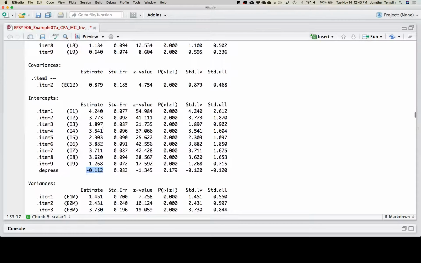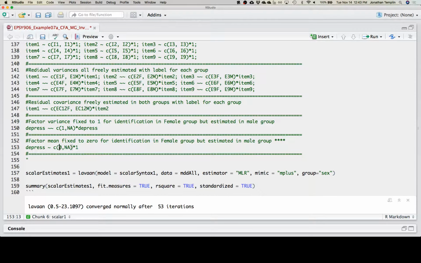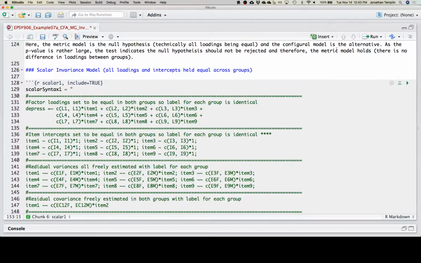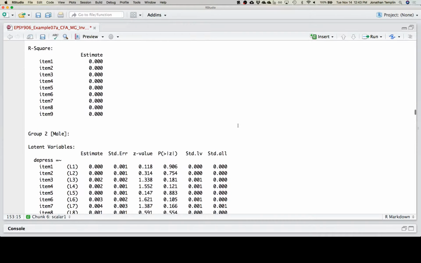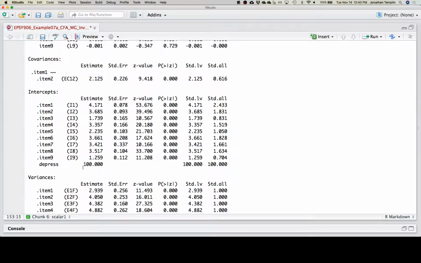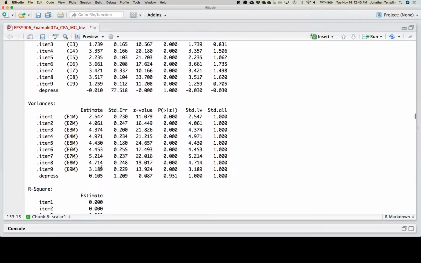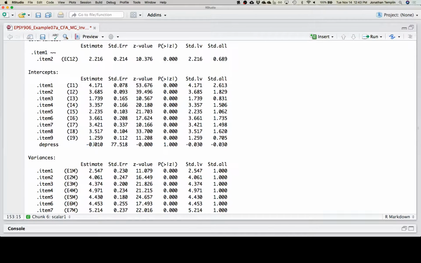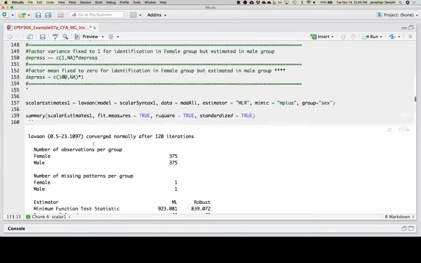But the idea is that this estimate is not saying that the mean for male is 11% of the mean for female. It's literally saying the actual mean difference, right? So it's not a proportion. So if I changed the anchoring mean to 100, and estimate the factor mean for male, you'll see that the mean for female is 100. The mean for male will be, oh wait, what's this? Negative point... It's not the difference. It should be a difference. What's going on? Did it break? Did I do something wrong?